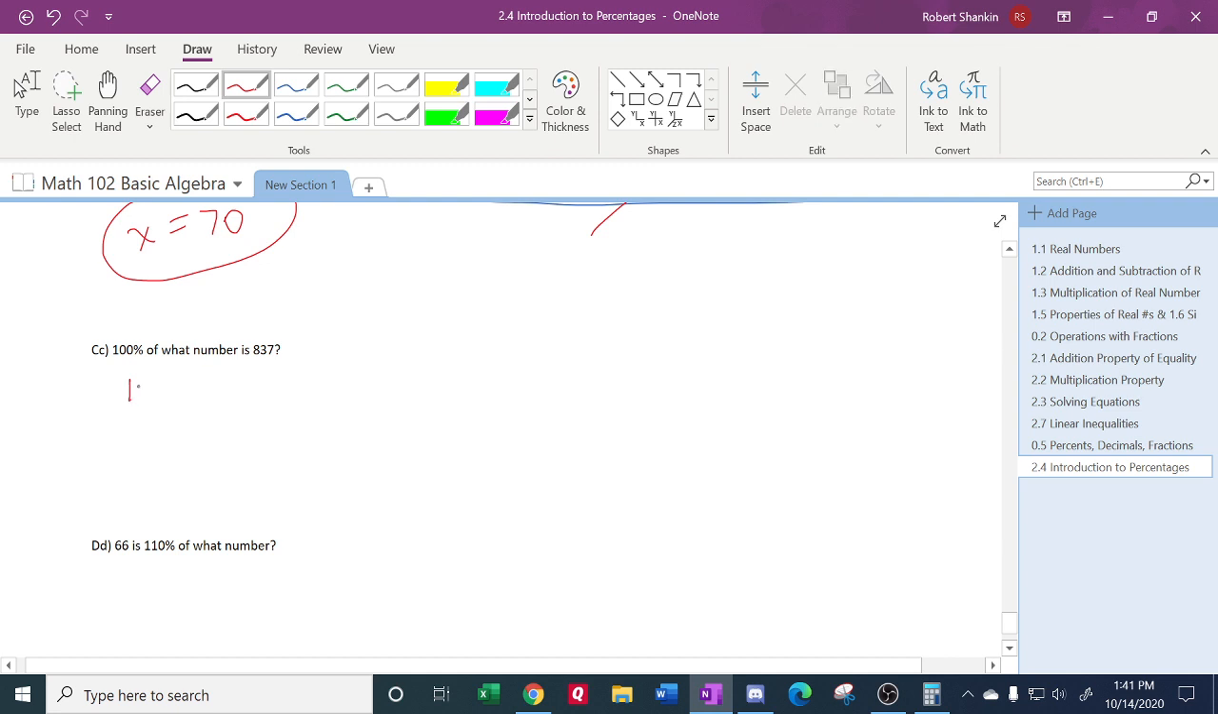100%. Now, percent, you move the decimal back 2 places and it becomes 1. Or it's percent 100 over 100. Of means times. So I'm just going word for word. This becomes this, the of becomes this. What number becomes X, is means equals